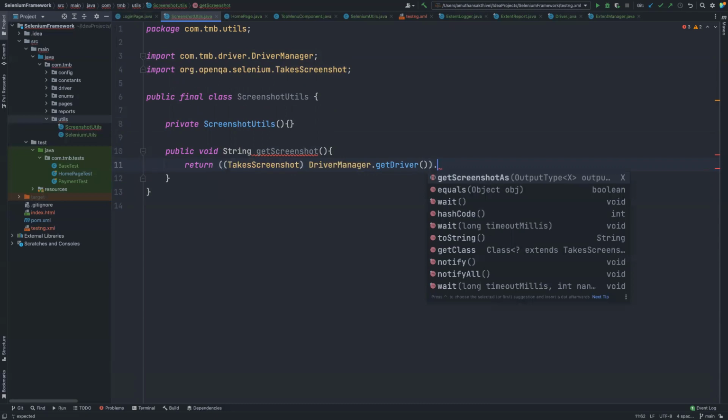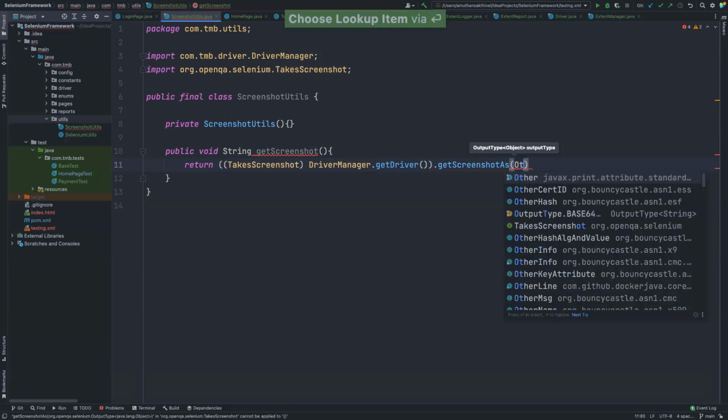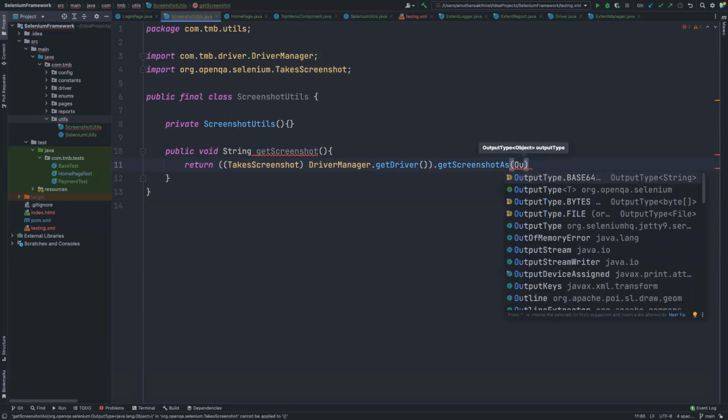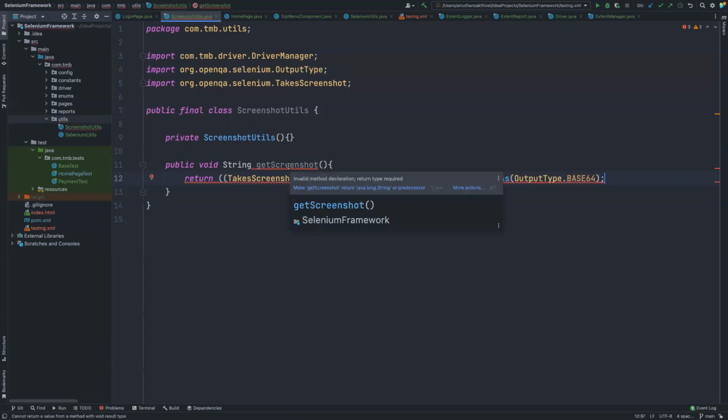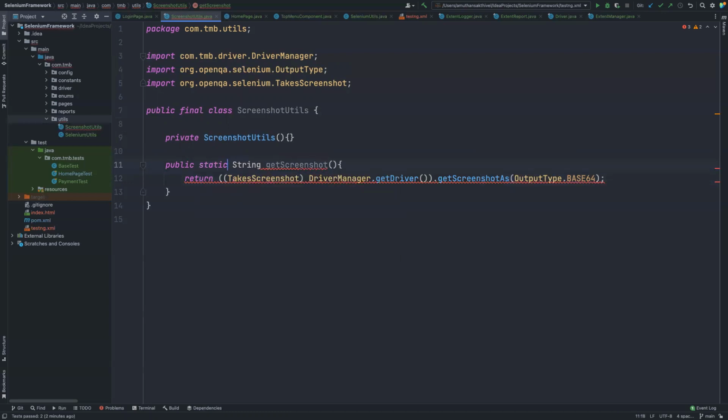Dot getScreenshotAs, how do you want the screenshot? OutputType.BASE64. That's it. Good, so now this will take care of taking the screenshot